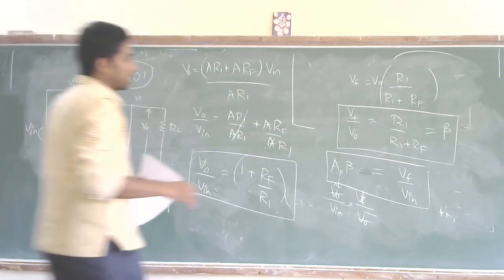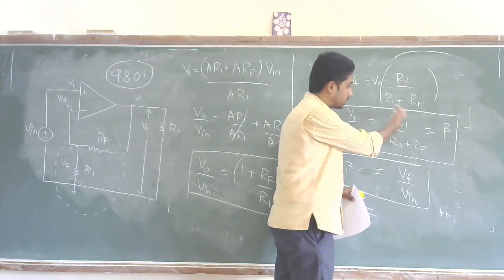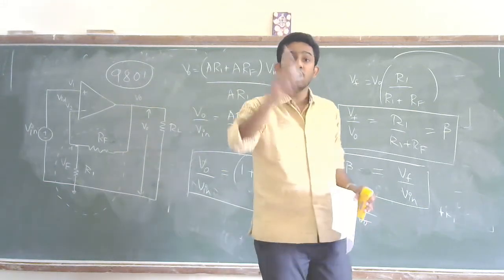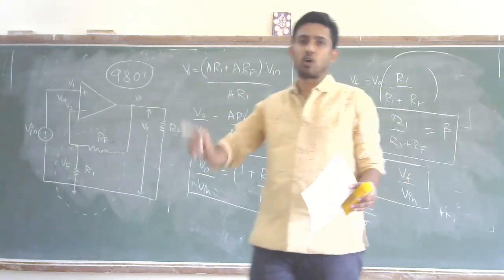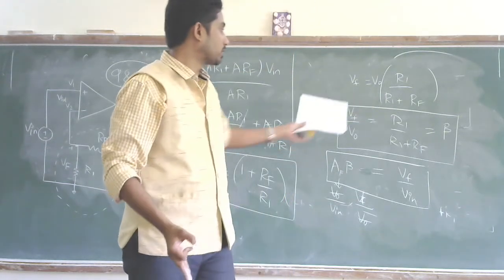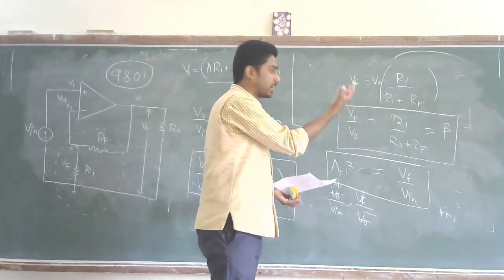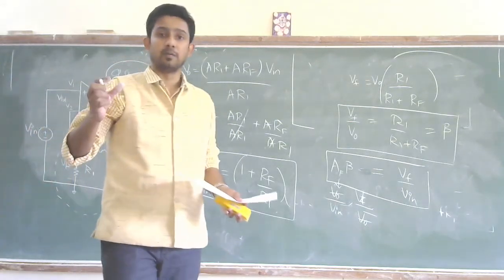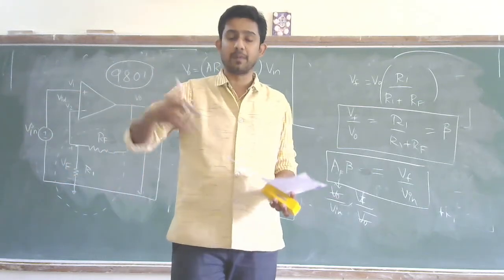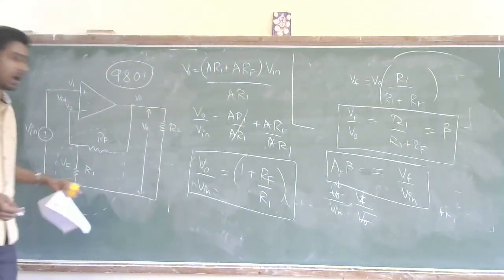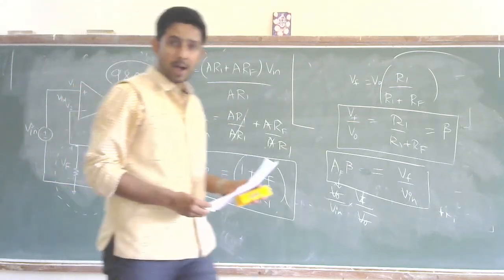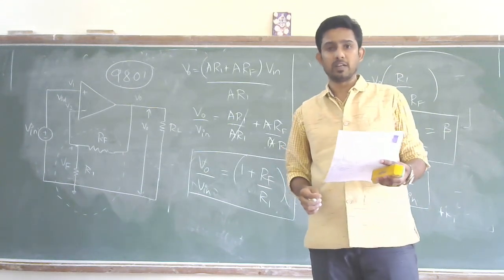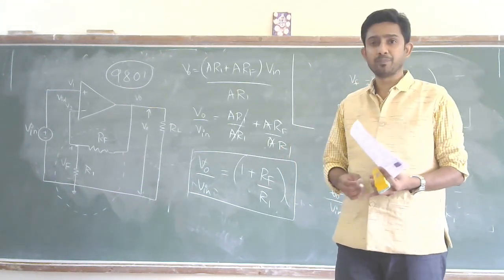They will give you the picture related to the networks that are present in the feedback. So beta is the feedback network, and A times beta is nothing but the loop gain. A times beta is called by the term loop gain. Beta is for the resistive components present over here, which give you the feedback factor, how much feedback is happening. That is decided by R1 and RF. So this is all about your op-amp in the negative feedback fashion. We'll stop here today, and then we can continue in the next class. Thank you for the patience listening. So we'll wind up here.